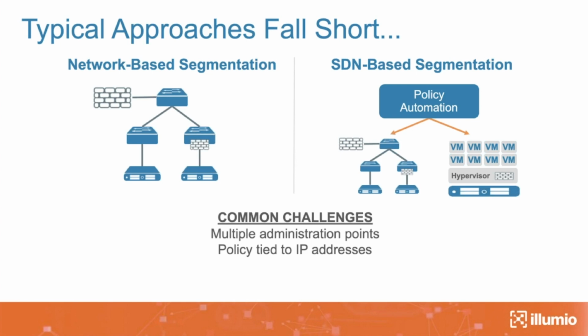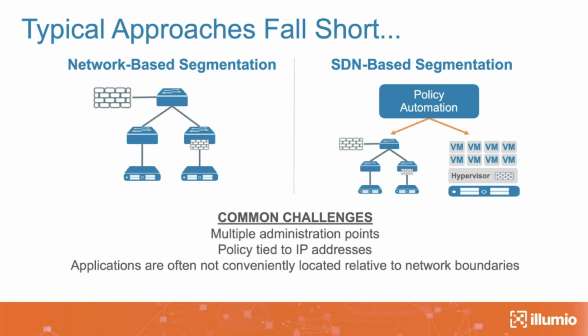So the point being that the mechanisms we use today are intricately tied to IP addresses, and there is a fundamental challenge with that. The other is applications are not conveniently located relative to network boundaries, which is what I tried to allude to earlier. If all of your workloads for a particular application were neatly laid out in a VLAN or a subnet, sure, I can write one line of access list and say that this particular subnet can only talk to this or that, and it might be easy. But that's not life, because you have workloads that make up the applications across all different VLANs and subnets, crisscrossing boundaries, which makes it very difficult to write policies based on those IP addresses and VLANs.